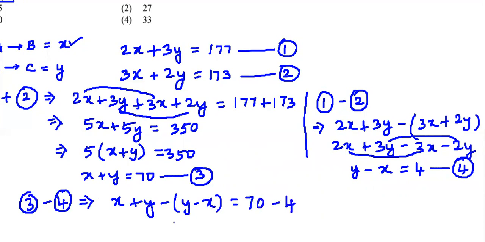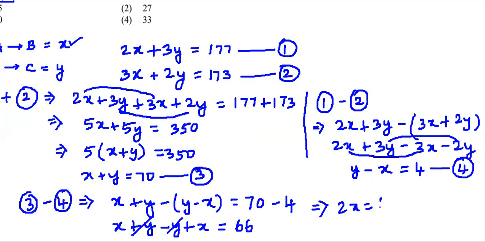And what next we have? We have x plus y, carefully bringing this minus inside, we have minus y, and minus into this minus will this time give us plus x. So this is what is equal to 70 minus 4. So what is 70 minus 4? 70 minus 4 will be 66. And now what we can do is, we'll just continue the steps here. Here we can observe that plus y and minus y get cancelled, so that we have 2x is equal to 66.